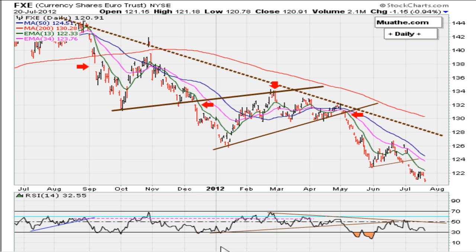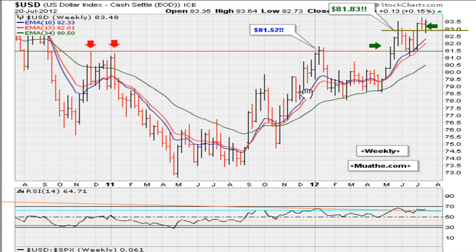Here we look at the euro making a 52-week low right there. That can't be a good thing. So lots of reasons to think that the dollar continues to move higher. Remember, a week ago I talked about the fact that if the dollar can stay above 81.83, then the market is going to continue being under downside pressure. So the dollar needs to defend this level if the market is going to go down. For the market to rally, you're going to need to see the dollar move back below 81.83. Right now it's above this level here, so the breakout is still in effect, which suggests a market that is going to be under